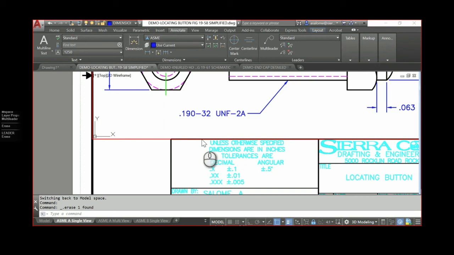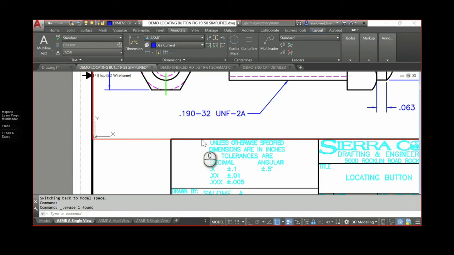So think about that. I can set up one dimension style, and if I use the leader tool, all of the settings for that leader are going to match my dimension settings. Or I can use the multi-leader where it doesn't match, and I've got to go set up a style and try to make that style match what I did in my dimension. It doesn't make sense for mechanical because we always want our leaders to match the dimensions.